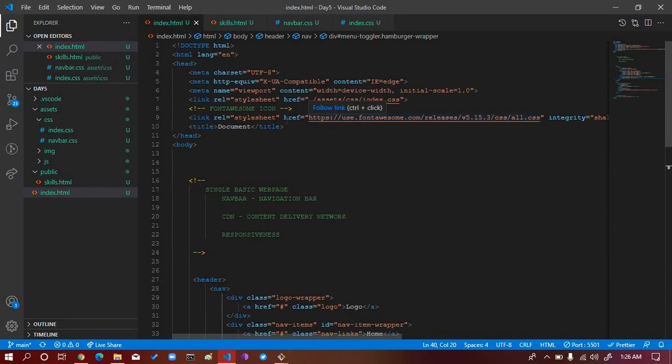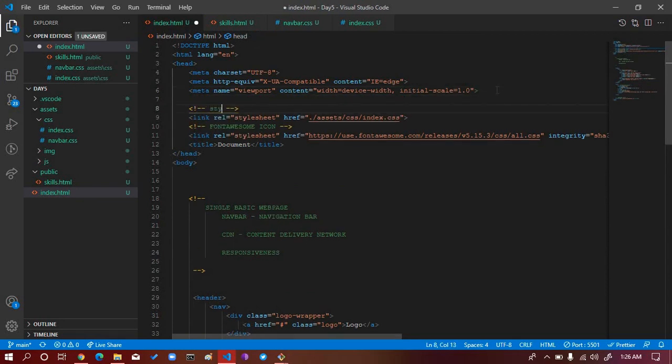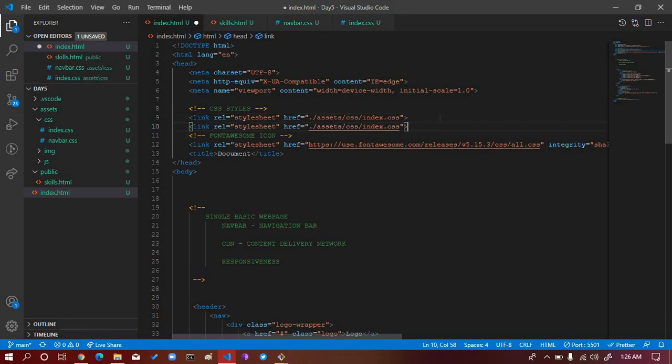this index.html. It doesn't have the navbar styles anymore. So what we're going to do now is we just say styles, CSS styles. Okay, so I don't need to be typing this. You can just copy this. I just press my